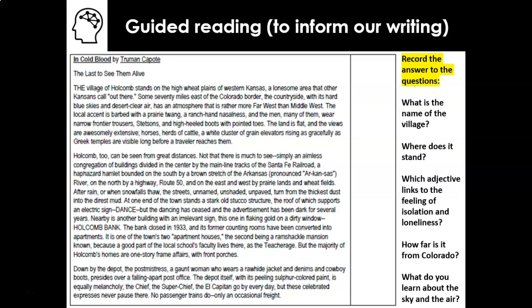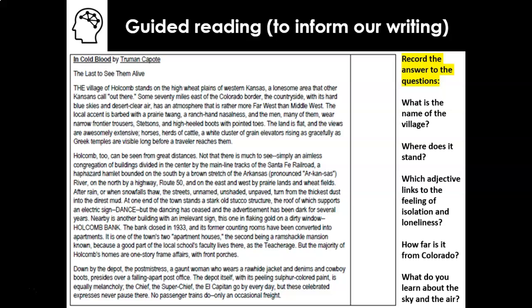Not that there is much to see, simply an aimless congregation of buildings, divided in the centre by the mainline tracks of the Santa Fe Railroad, a haphazard hamlet bounded on the south by a brown stretch of the pronounced Arkansas River, on the north by a highway, Route 50, and on the east and west by prairie lands and